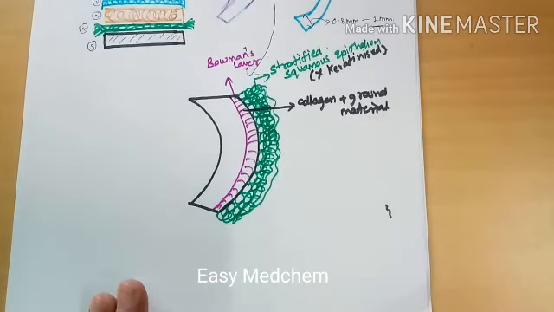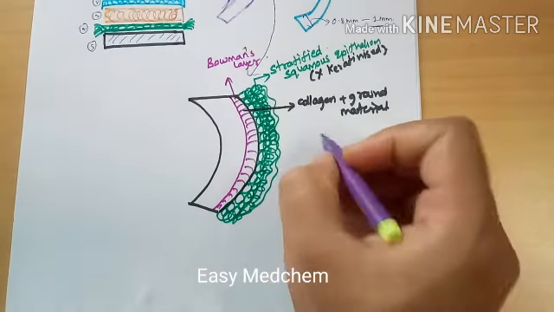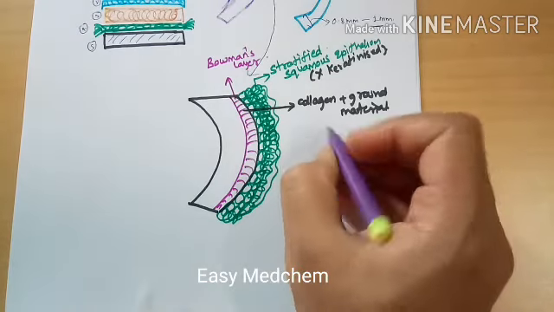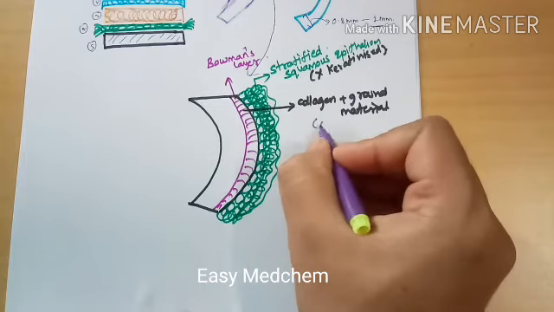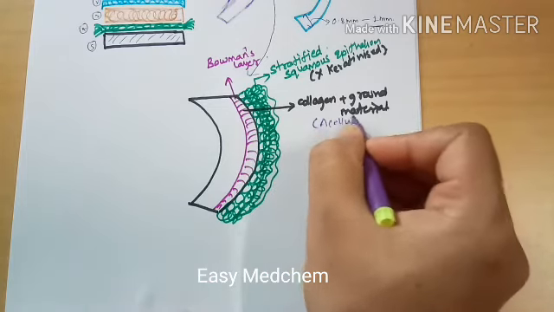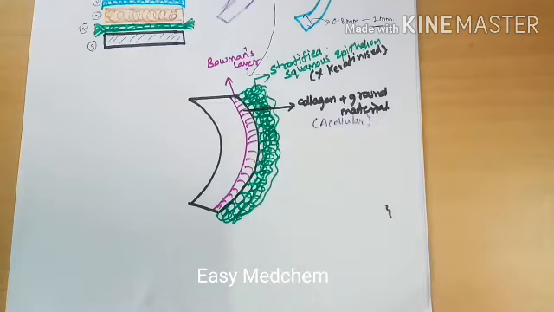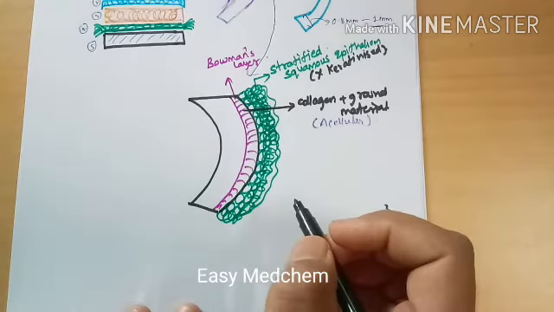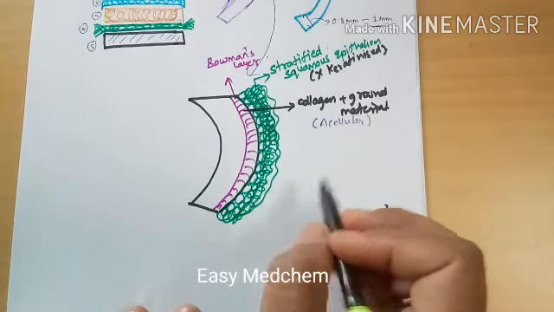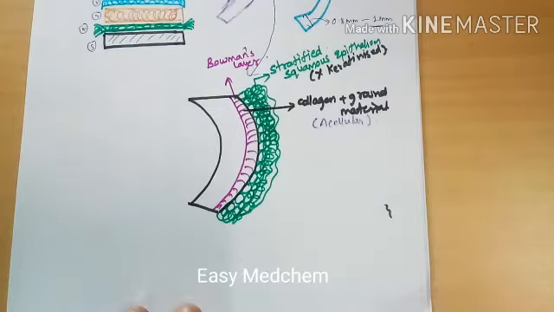So the Bowman's layer is made up of collagen and ground material, and as far as the cellularity is concerned, they are termed as acellular. So they are not being classified under the cellular layer. You can call them acellular. This is the layer which is present beneath the stratified squamous non-keratinised epithelium of the cornea, and the layer which is present more beneath this